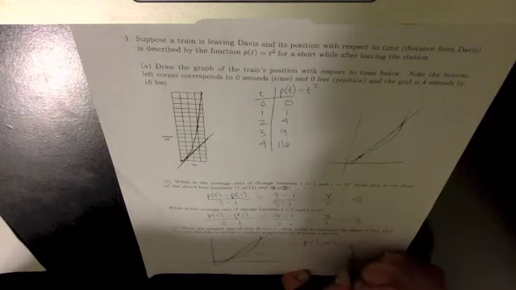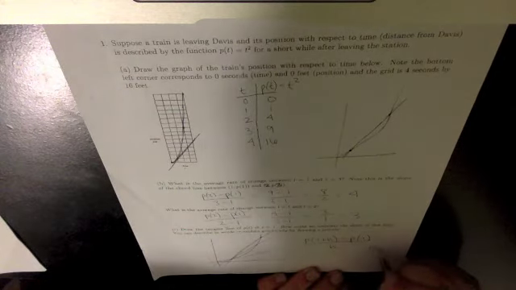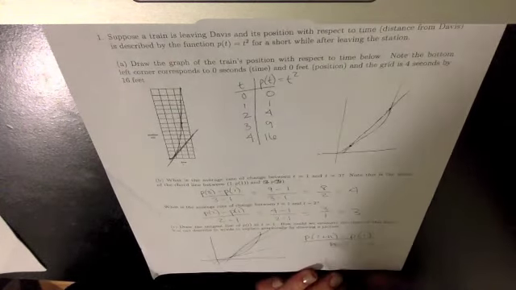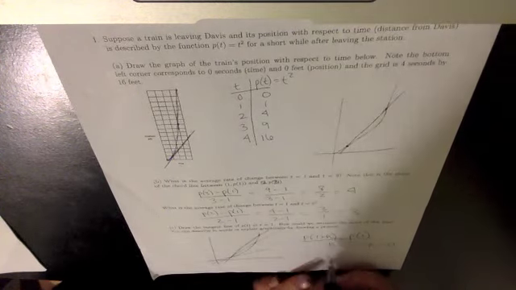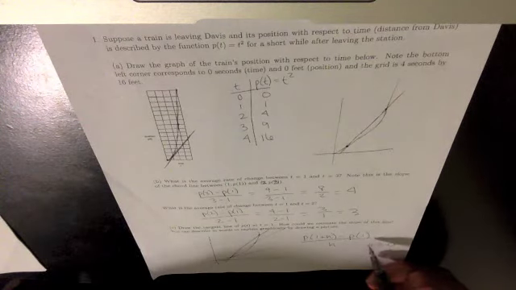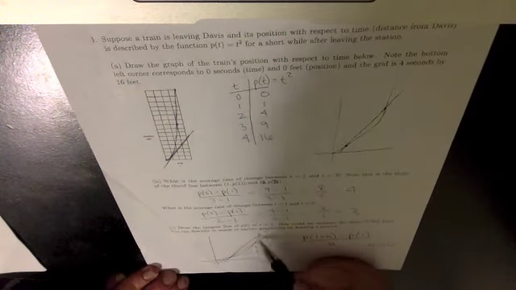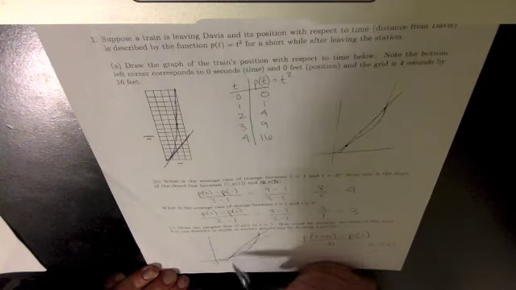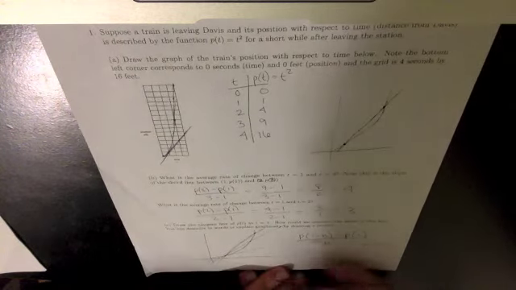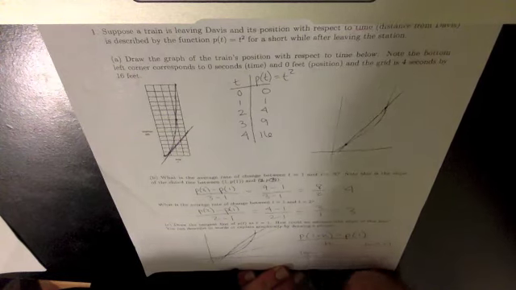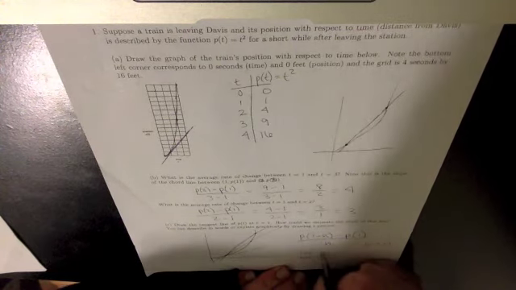A lot of you knew that this is just p of 1 plus h minus p of 1 all over h, and we're looking at this as h goes to 0. That's exactly right too. Notice that this is just the average rate of change between a point 1 plus h, p of 1 plus h, and the point 1, p of 1. And we're looking at that as h goes to 0, so that's as this point is getting closer and closer to our point 1, 1. Now, some of you even noticed that this is the limit as h goes to 0, which we now have this notation